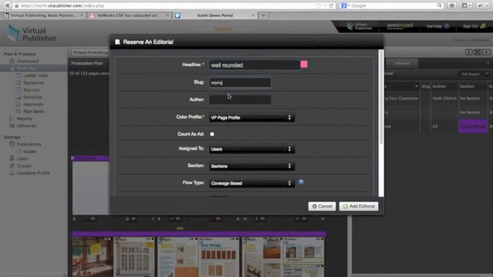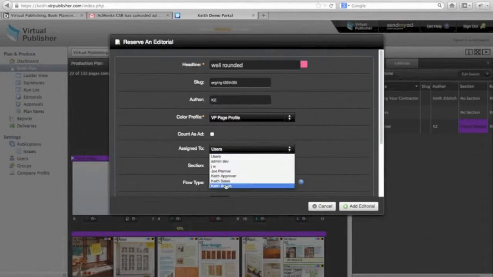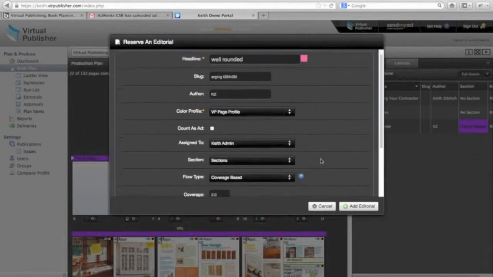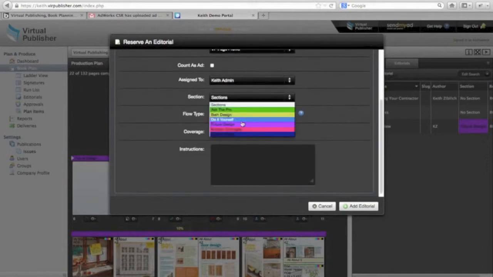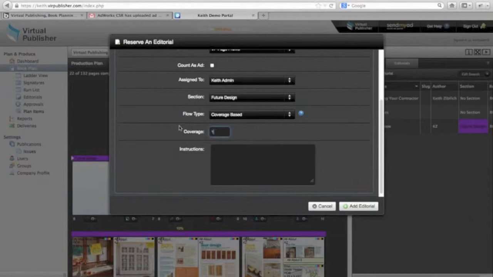Okay, well-rounded. Slug information in. Author, I'm going to assign it to me. Again, I'll make it myself. We can put it into the future design section. We'll make this a 1.66,